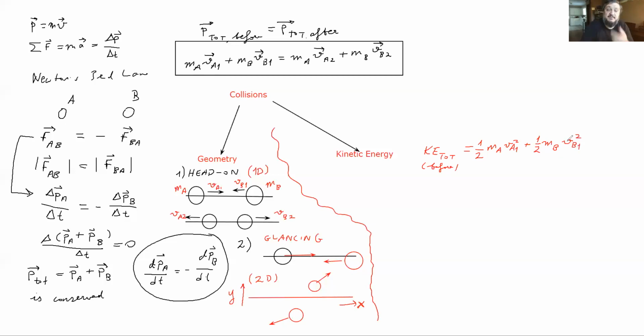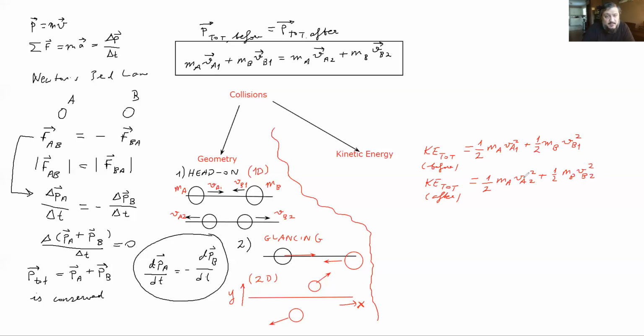And you can do the same thing for kinetic energy after. Total kinetic energy after the collision. Just replace ones with twos. So 1/2 MA VA2 squared plus 1/2 MB